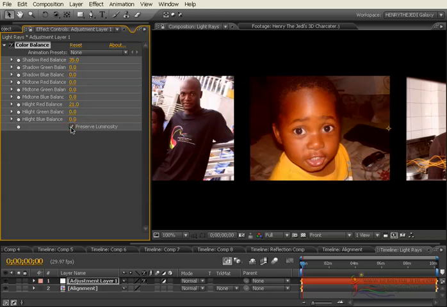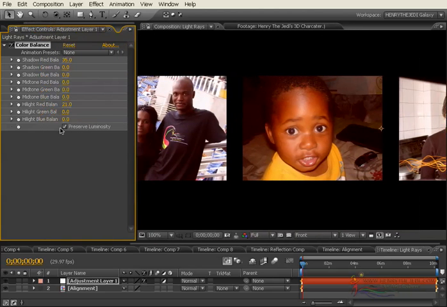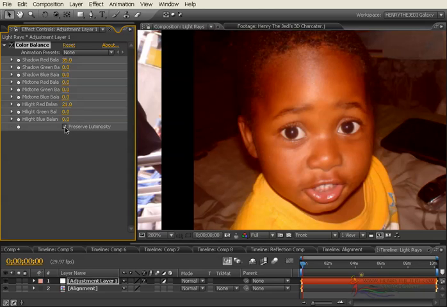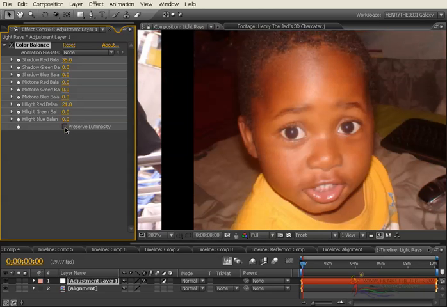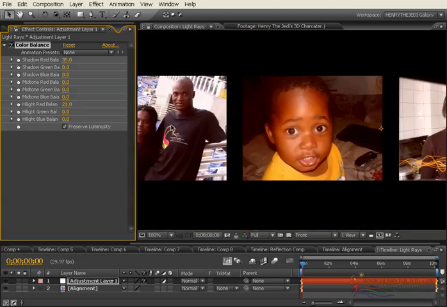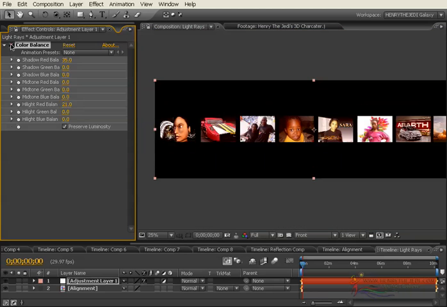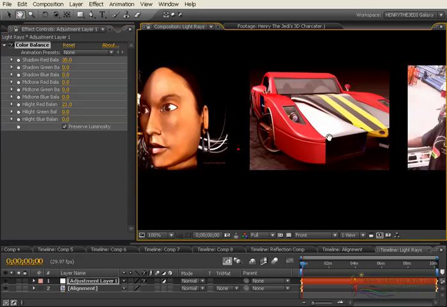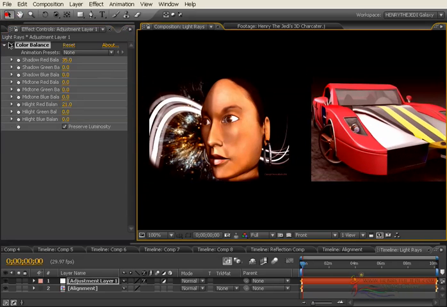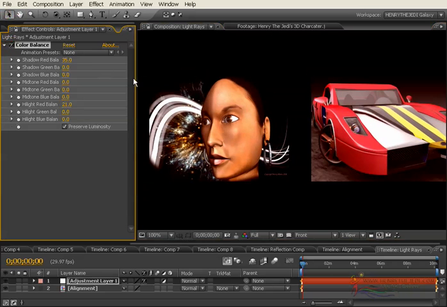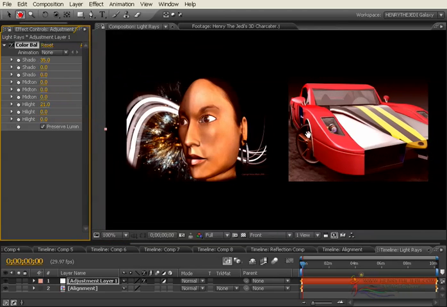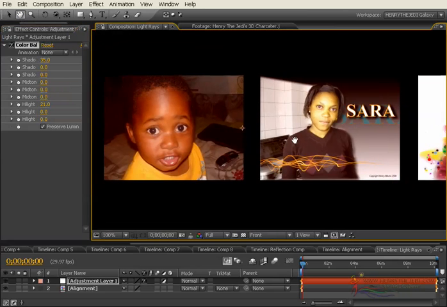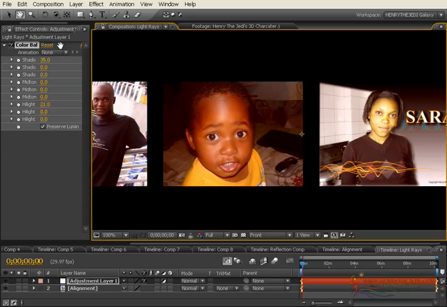And then we're also going to check preserve luminosity. Now that's the big guy. If we check it off, you can see the difference. Let me zoom in on this little guy. You can see the difference between checking on and checking off the preserve luminosity. And of course, you can see the difference between when our color correction is on or off. So you can see what we meant by color correcting our video layer here. Okay. And then up next,